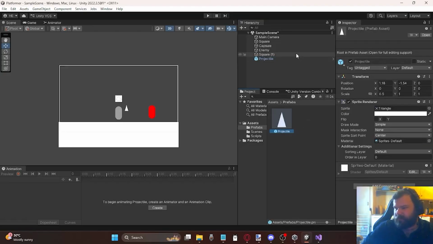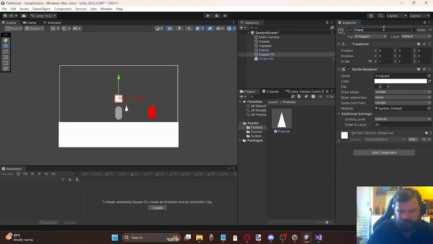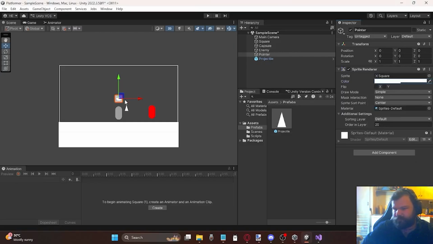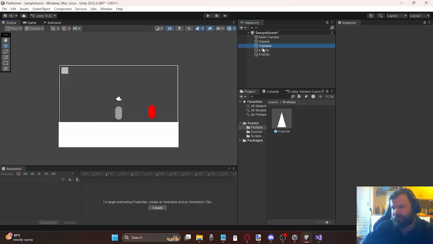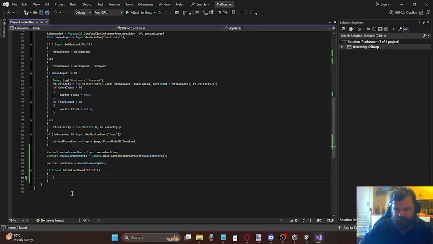Right. And then I'm going to call this pointer. Give it an opacity. Let's set it to that. Yeah, that should be good enough. I'm gonna move it out of the way. So now it's going to snap back to the mouse. And I'm going to get rid of the projectile here, which means I can then add projectile in here, which if I then go back to my code, if I